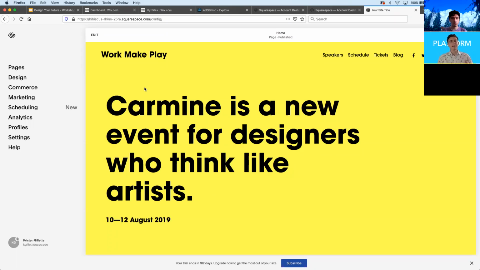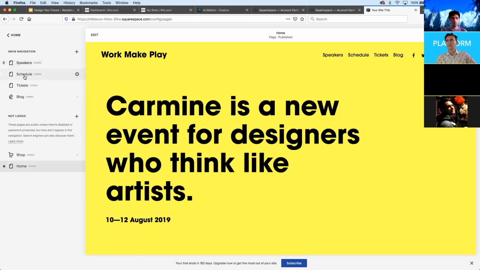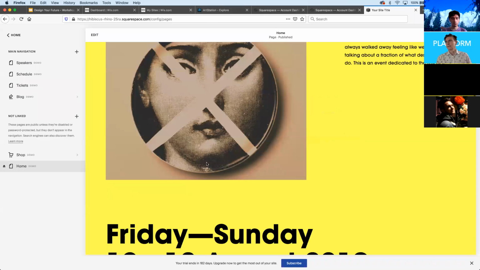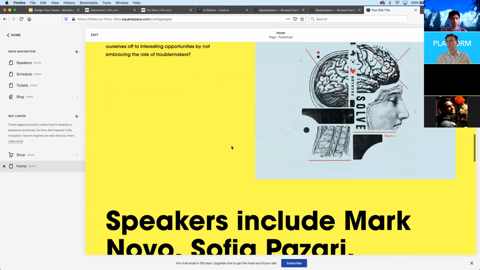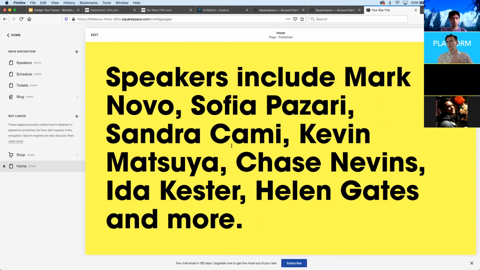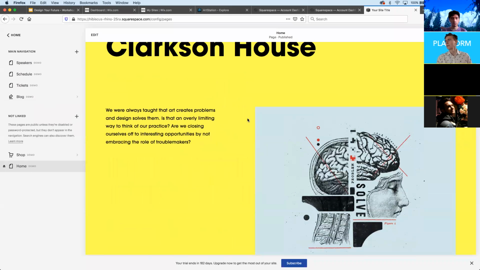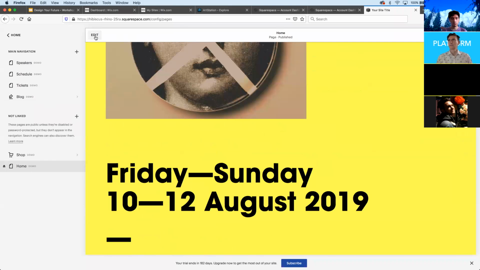But this is essentially what the back end looks like, and this is also something that you'll see that's similar across a lot of these platforms, where you have different pages, and this is where you're able to play with the navigation and decide what kind of menu systems you want. And then with these pages, especially the scrolling ones, you're able to determine a lot of what the user is going to see on the first page. So you're able to add pages, change the name of menus, and this is where you're going to be putting in your content. And when you start to work with the actual adjustment of the content, this is what it looks like. You go through the edit,